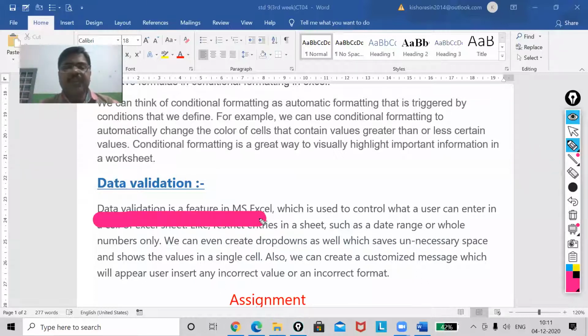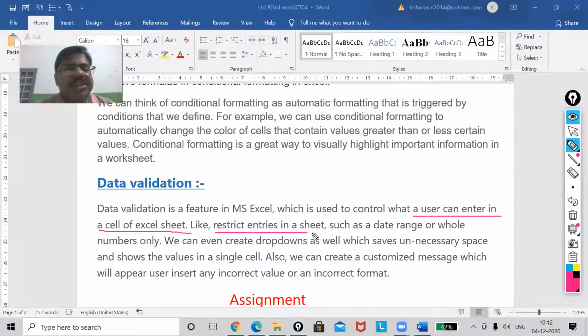Data validation is a feature in MS Excel which is used to control what a user can enter in a cell of an Excel sheet, like restricting entries in a sheet, such as a data range or whole numbers only.